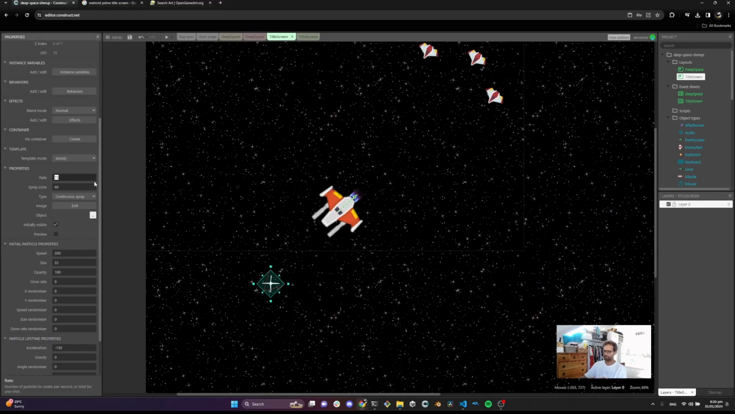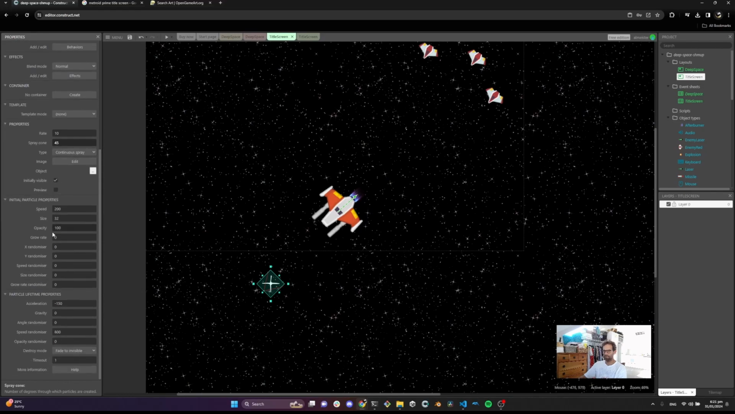I want to play with some of the values, and I encourage you to have a play with these as well. So I'm going to make the rate, basically the number of stars that shoot out per second or whatever, I'm going to reduce that to 10. I'm going to make this spray cone, which is the angle at which they come out, like 45, I think. I want it to be mostly around the player. Continuous spray is correct. And then there's some settings here. So I'd like them to be